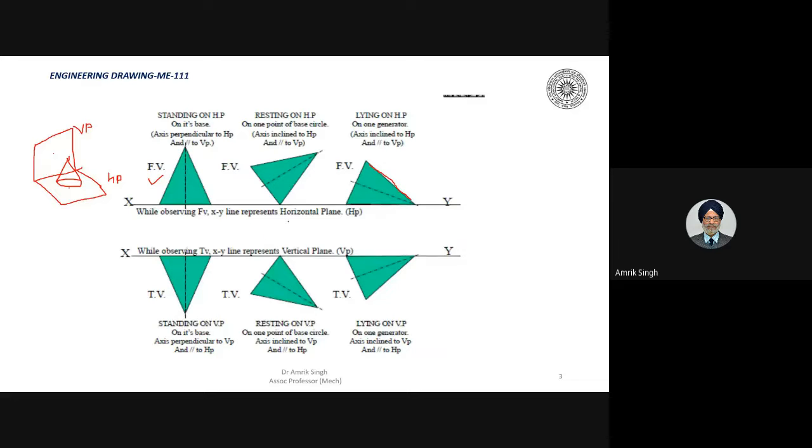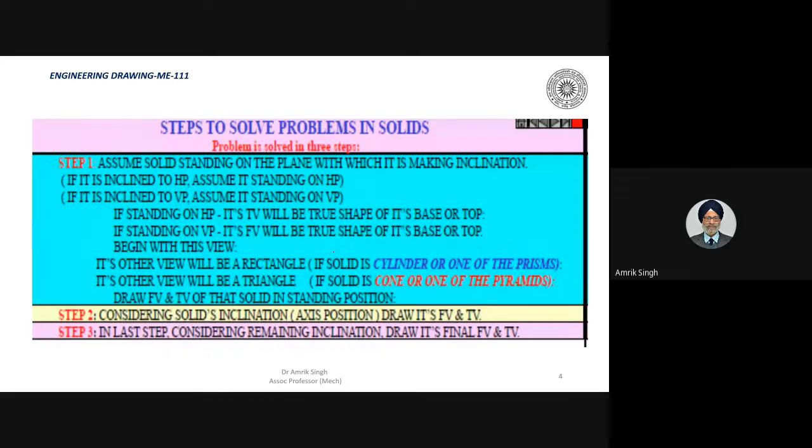So it represents one horizontal plane and it represents the vertical plane. So in the next slide, it will be clear to you. So we involve three types of problems. In step one, we'll assume that the solid is standing on the plane with which it is making the